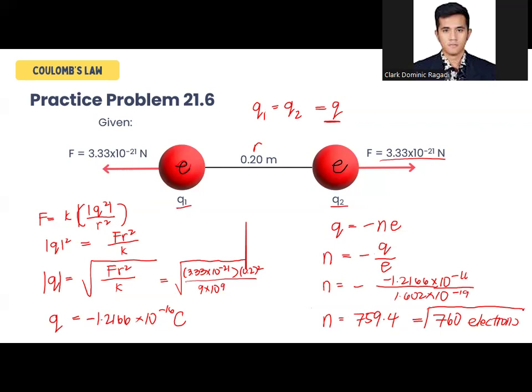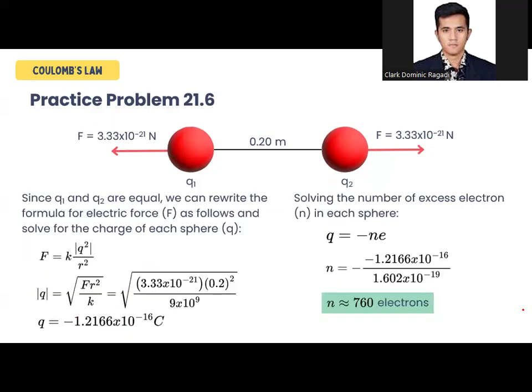So approximately 760 electrons. By the way, in this presentation, I also included a clear version of the solution, which you can view once you have removed the annotations. So here's the much clearer version of the calculations. Okay. So next, let's do practice problem number